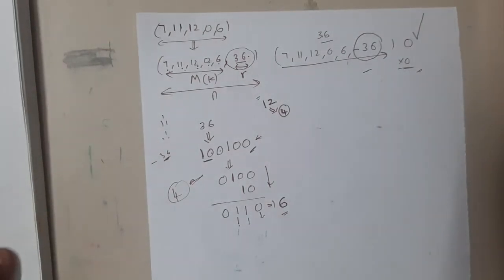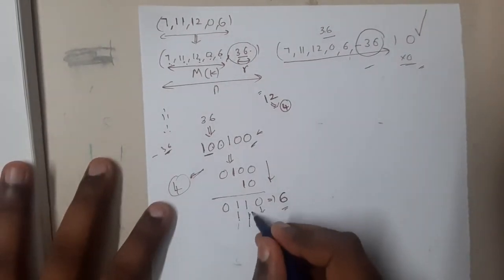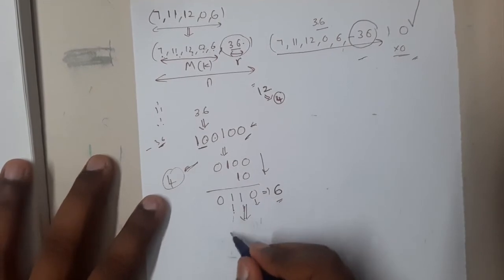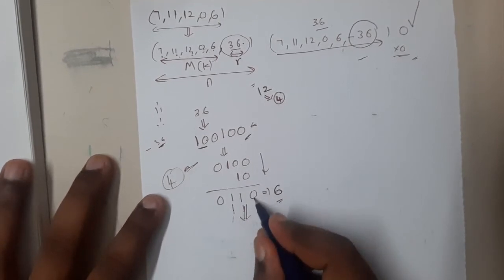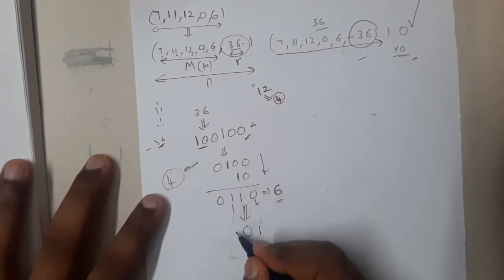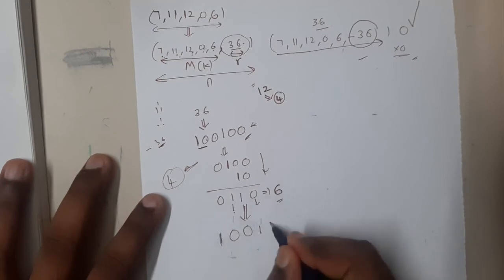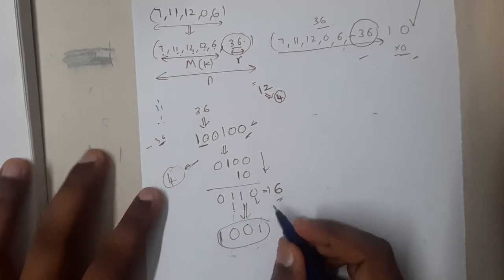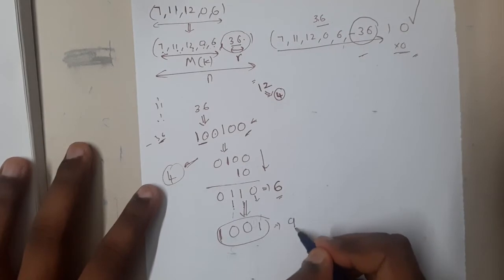Okay. So now what we shall do is, let us find the complement of this, guys. That is nothing but the ones complement. So what is ones complement? Just to shuffle the numbers. So instead of 0, write 1. Instead of 1, write 0. Instead of 1, write 0. Instead of 0, write 1. So this is the complement of this number. So what is this value, guys? It is nothing but 9, right?